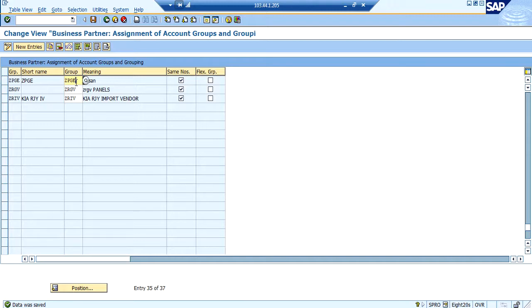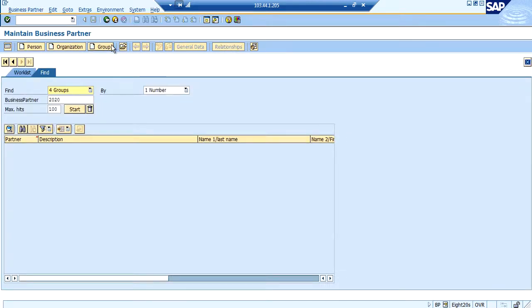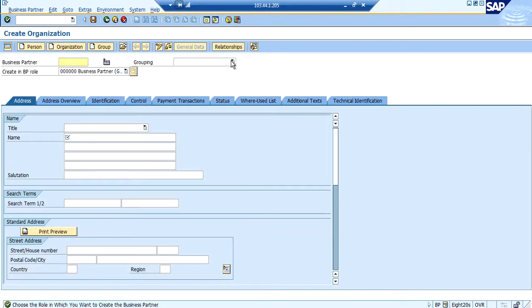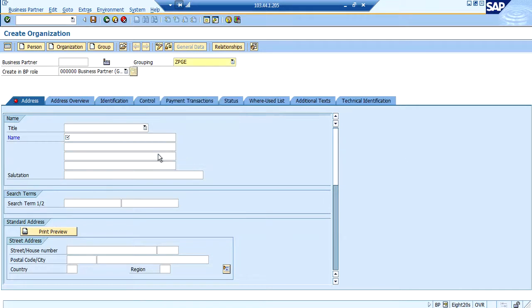Now once this is maintained, we can go ahead and create a business partner. Previously we removed BP role creation for person, so let us go ahead and create for organization, so that in the drop down the BP grouping will come.